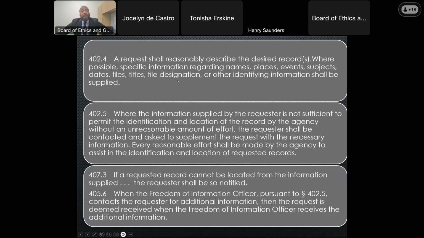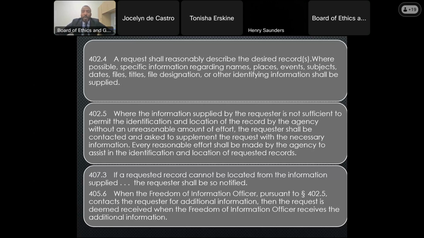Where the information supplied by the requester is not sufficient to permit the identification and location of the record by the agency without an unreasonable amount of effort, the requester shall be contacted and asked to supplement the request with the necessary information. Every reasonable effort shall be made by the agency to assist in the identification and location of requested records. If a requested record cannot be located from the information supplied, the requester shall be so notified.